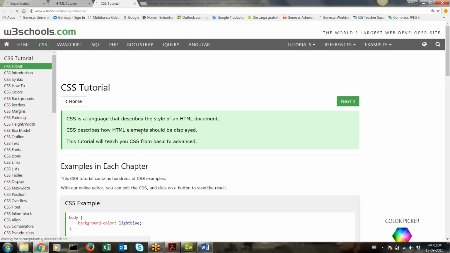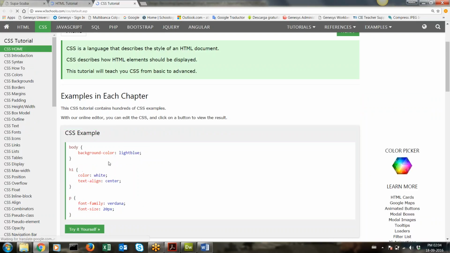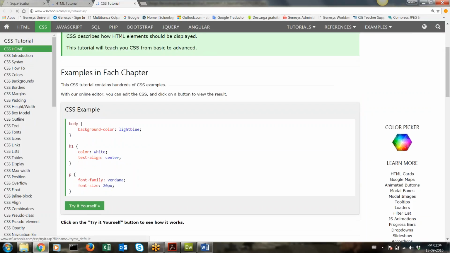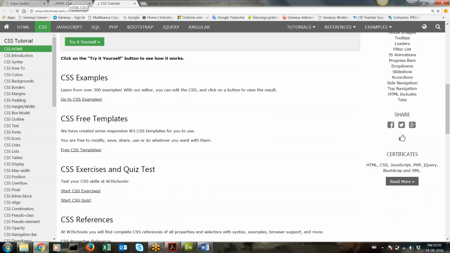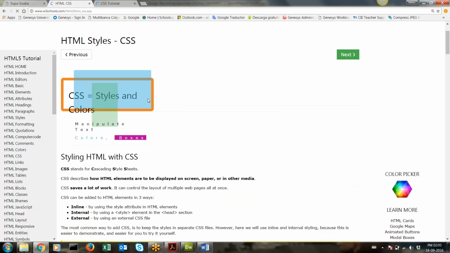Okay, or you can also go from here. You see here it says what is the format for the body, H1 tag, and all these things. So here you can check for the examples also. So I will go here